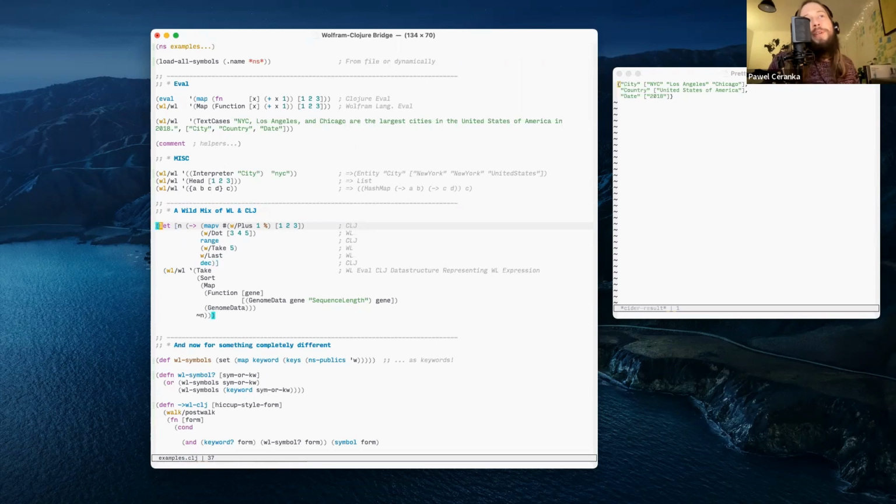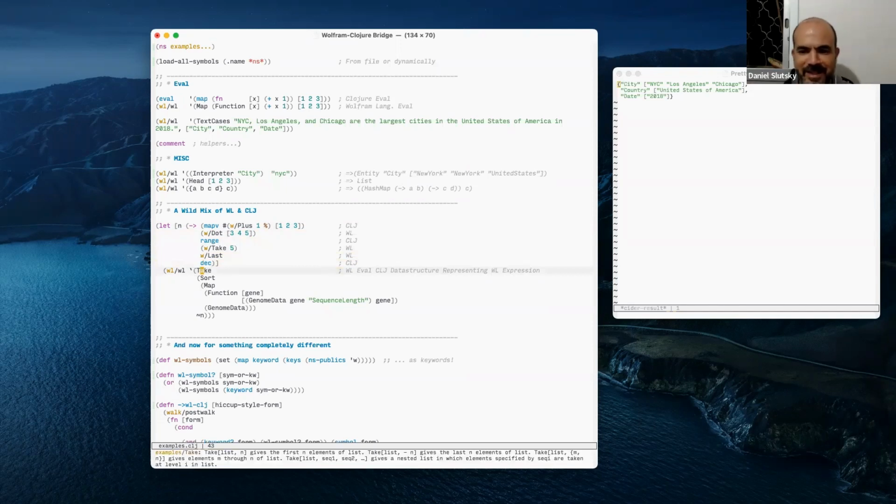So in the let form, this is Clojure, right? We're defining locals and using the arrow operator. Map v, that's Clojure, but inside of the function, that's coming from the Wolfram language. So we're doing this addition inside of this, and that's Clojure, and then this is the dot product of those things, which is coming from the Wolfram language. This is Clojure. This is Wolfram language. This is Wolfram language. This is Clojure.